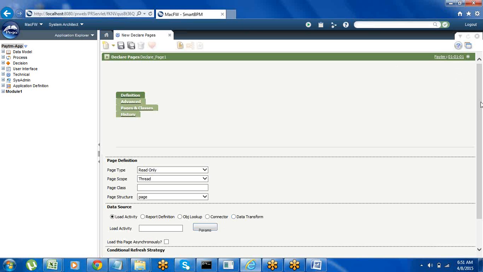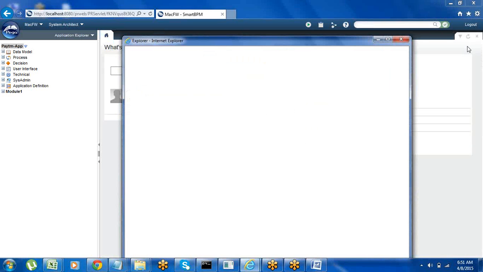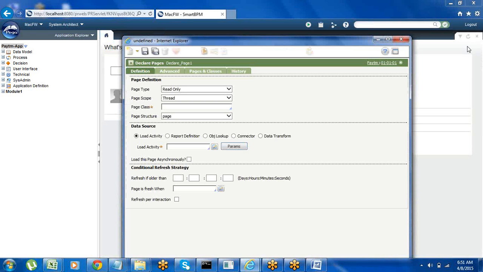Using the time interval, it will automatically refresh the data, so it is created once and reused for the entire application. The data will be updated in the data tables. Every time they will not create the declare pages.